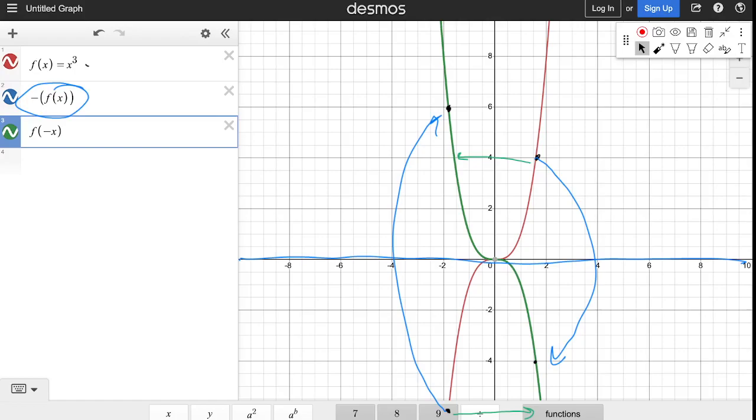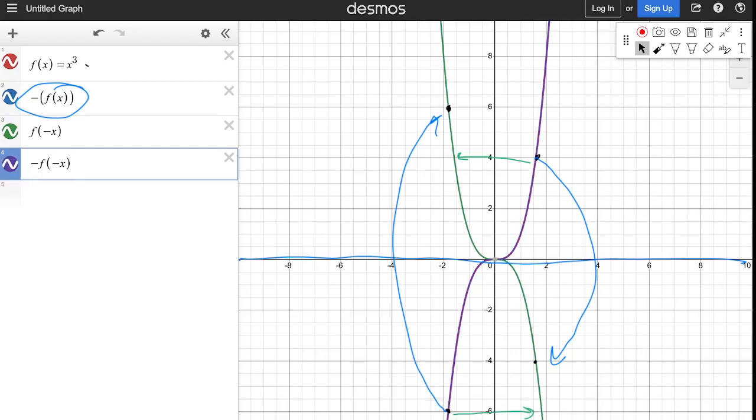And if we do both of them, as you'll see here, I'll do one more. I'll do a minus f of minus x, and you're going to see we're right back on top of ourselves. Purple will be already there. It's on top of the red, right? So if I take this off, there's the red. So if I do a double reflection, we end up back on ourselves. There's another definition of odd symmetry. So a lot going on, but just notice that a negative, an opposite, will cause a reflection